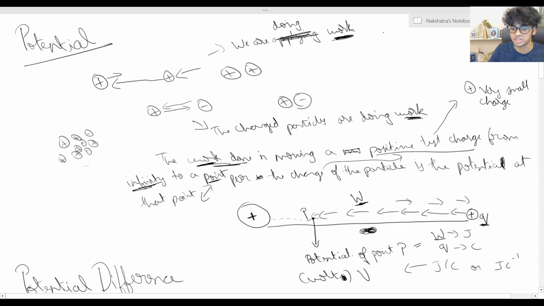Formula is potential at point P. Potential at point P is work done in bringing a positive test charge from infinity to that point P per the value of the test charge, ठीक है। सिंपल सिंपल।